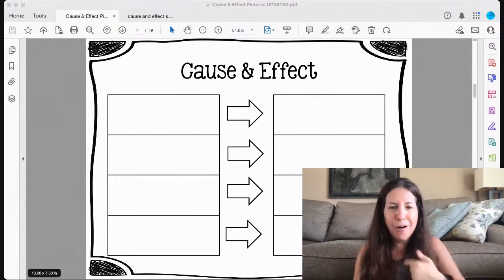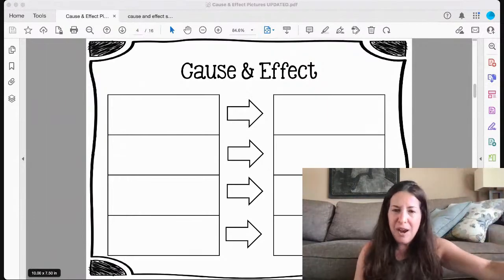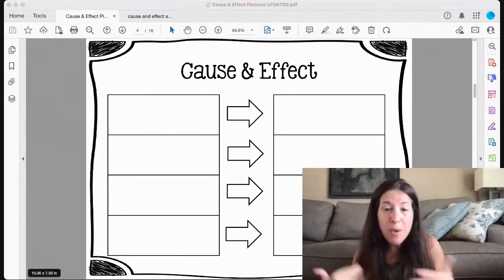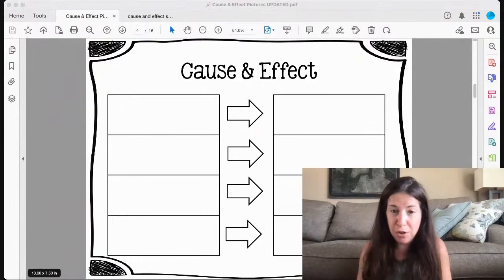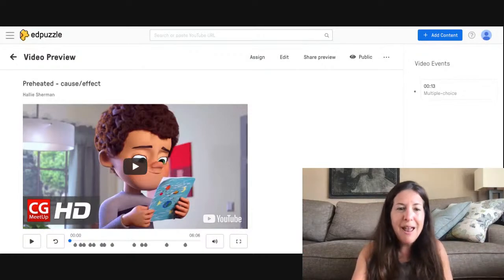We can't just place it on the table and expect them to know to look back. We have to model our thinking about our thinking, say, oh, I see this and I see this on the visual there, therefore I'm going to put this in the graphic organizer here. This way it's going to help me when I get a question to know where to look to help me be successful. And then you can work on utilizing an Edpuzzle to practice answering cause and effect questions. And then once they are ready and much more confident, you can then work on the